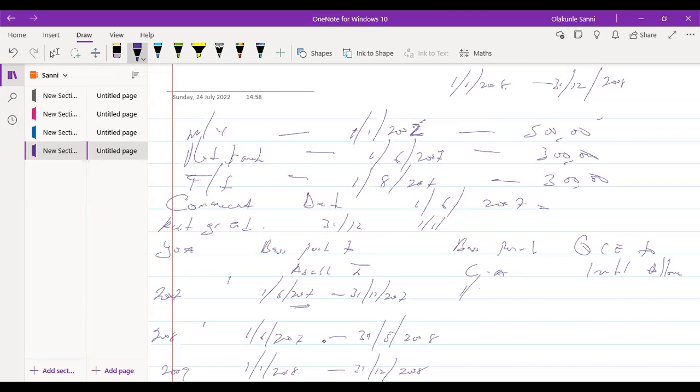I have to repeat. 1/6/2007 till 31/12/2007. For the second year, it will start a day after the end of the first accounting period under base period for capital allowance, and it will end in the accounting period of the second year of assessment. Hello class, are you with me at all? Yes, sir. So a day after 31/12/2007 will be 1/1/2008, and it will end